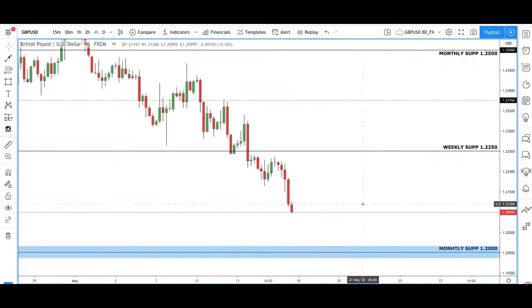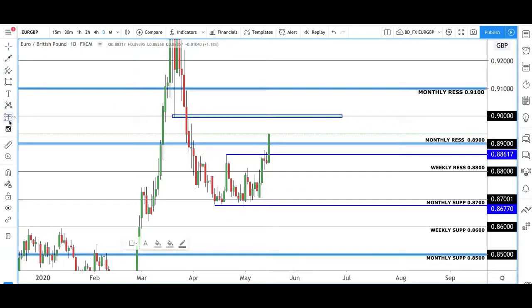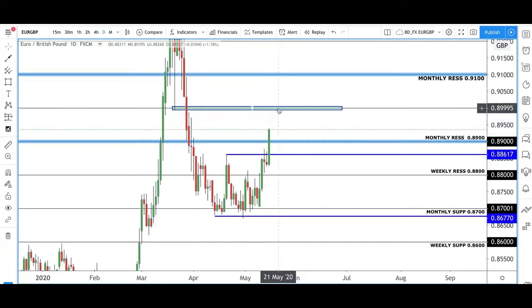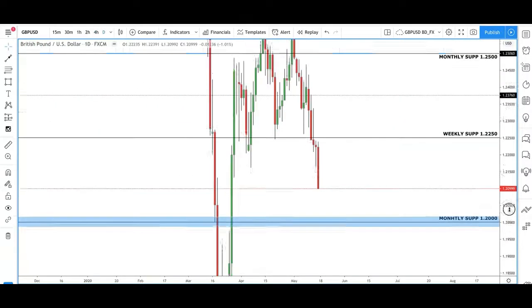At the moment, obviously very, very bearish. If we can see any pullbacks, we might get some nice intraday trades down as we try and push down to around this 1.200. We're about 100 pips away from that at the moment, which is quite similar to what I said with Euro GBP, that we're about 100 pips away from the 0.0900, that round significant level. So I'm expecting this to continue to push up higher, and I'm expecting pound USD to continue to push down lower.